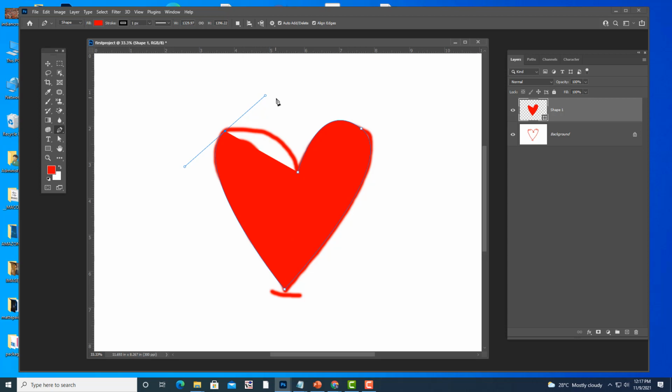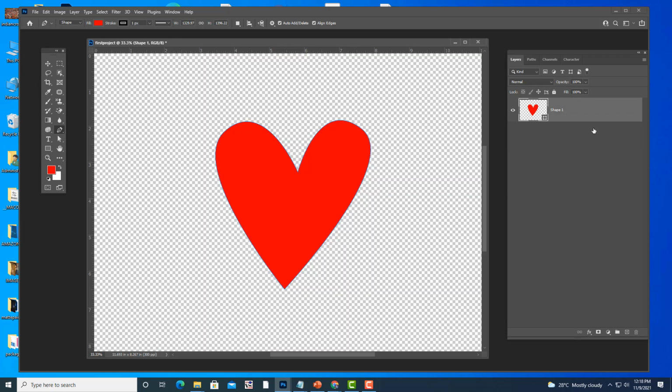Okay, and then finally finish the shape by clicking here, because we have to click at this point. This is a sharp corner. See this. Now the shape is completed. So this is the logic of using pen tool. Okay, once your shape is completed, you simply hit delete. Simply remove the background. Now the shape is completed.